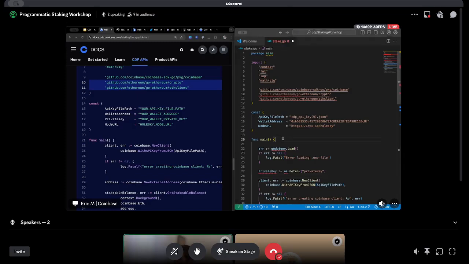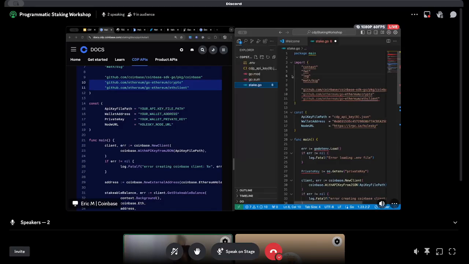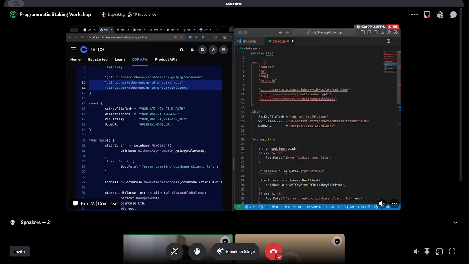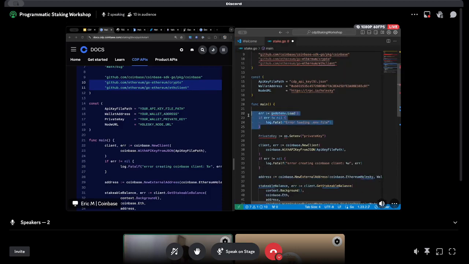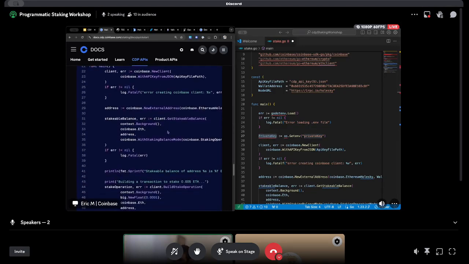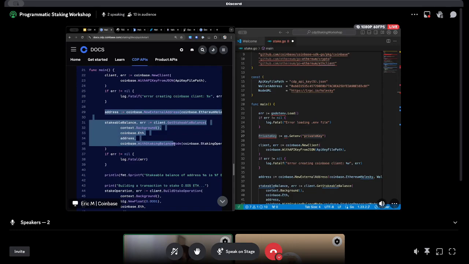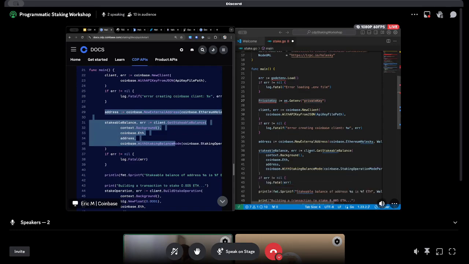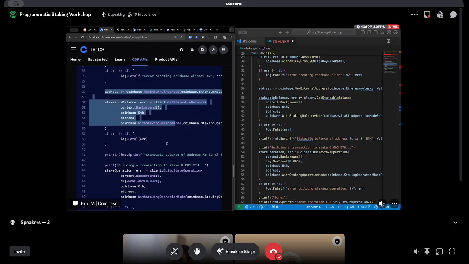Okay, so just to catch everyone up, I added that environment file with my private key in there for the address that I'm going to be submitting the transaction from. I'm just loading that in with a couple extra pieces of code here, an extra package to load in from that environment file. And then I'm going to be assigning that to a private key variable. So if we go back to our documentation, we see similar code to what we had above, getting the staking balance of the connected wallet,